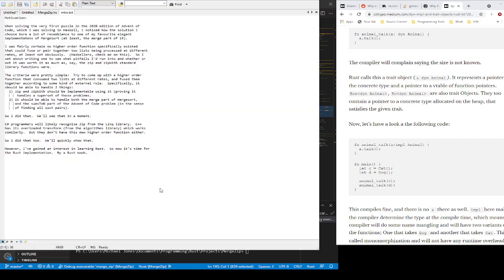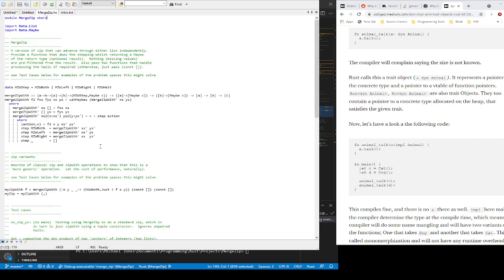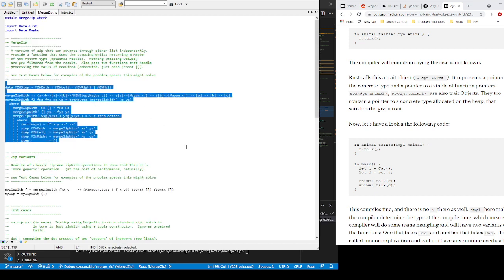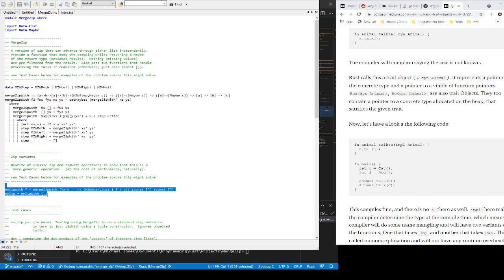Oh, except that actually I can turn that back on so that I can show you very briefly as a summary what the Haskell version of this ended up looking like. And there it is in all of its glory. That's all it took for me. And you can actually see a little bit lower down here I describe my own version of zip, which is based on my own version of zipWith,